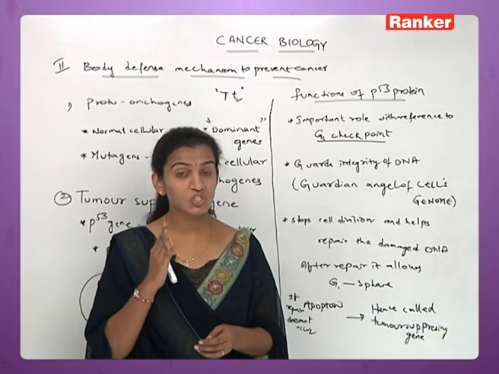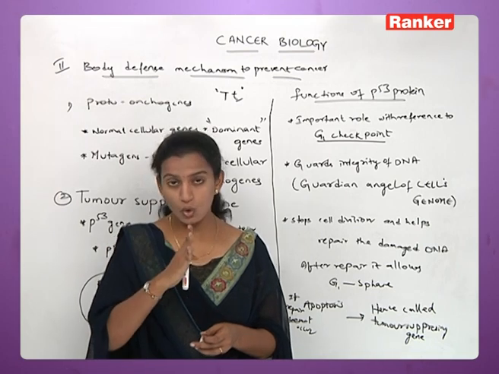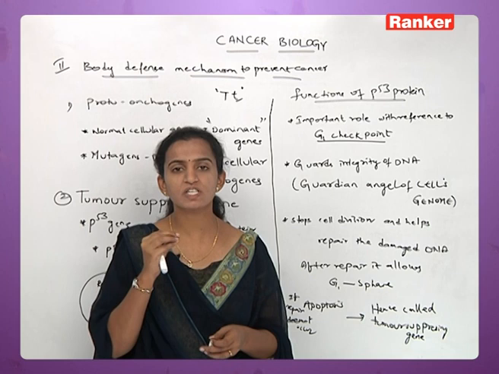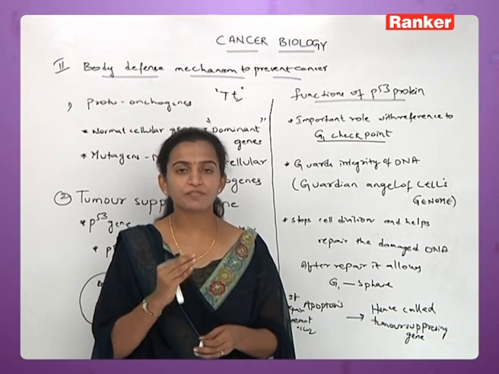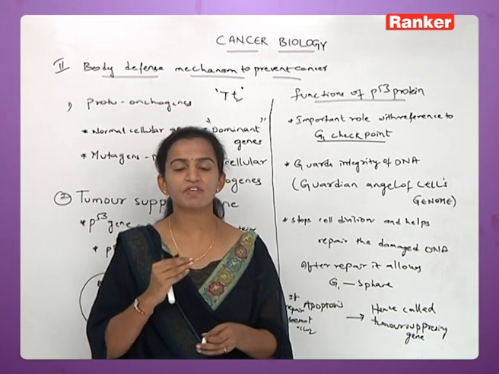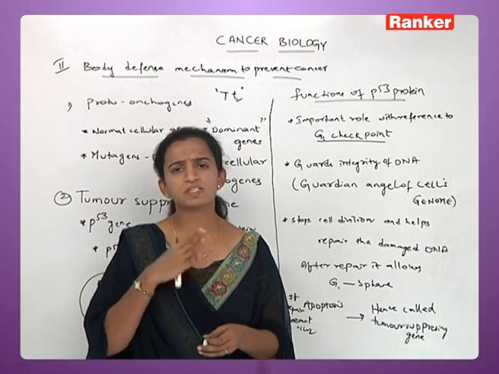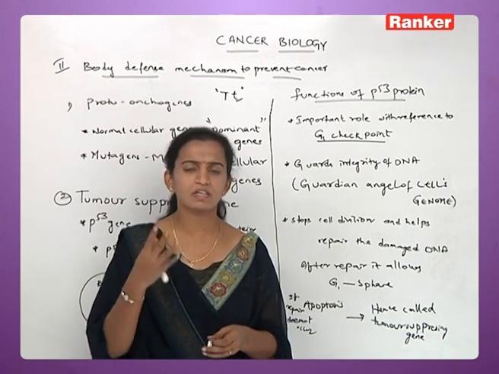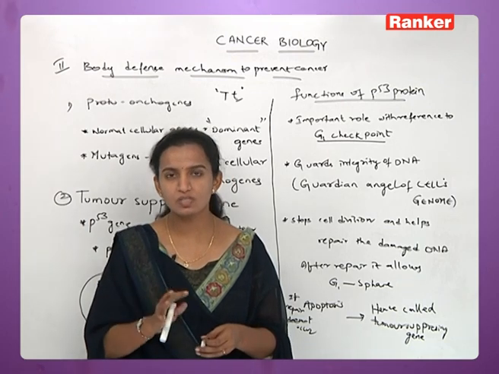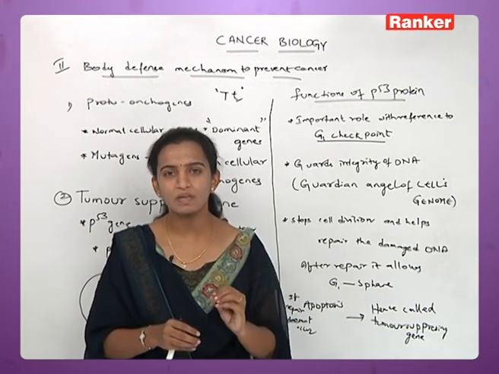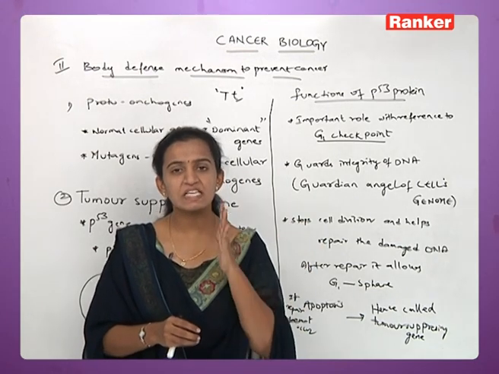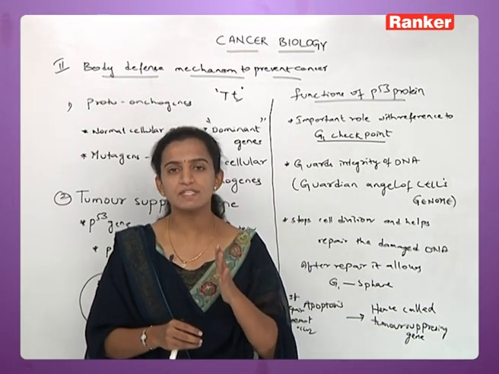We already said that G1 is the checkpoint so that the rest of the division is taking place. So the first division is G1 phase. If there is no checking point present in the G1 phase, you can say that all stupid cells will go for the division, and the DNA, even though there is a repair needed, divides like that only, and all this is going to happen. But it is not happening. Why? Because the P53 is present near the G1 checkpoint and it is checking each and every cell.